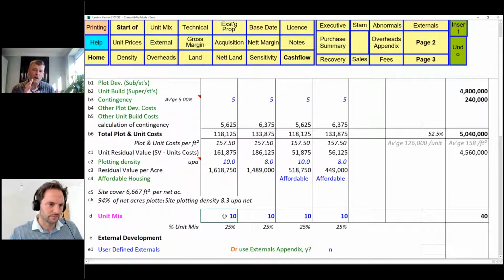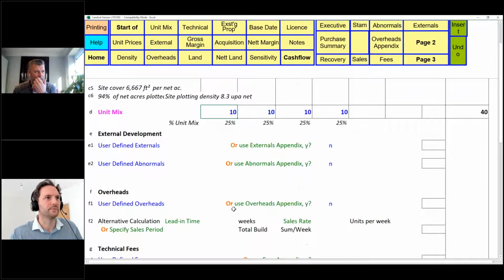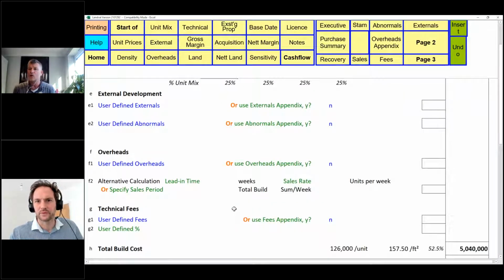Okay, so that's quite a lot of the work that we've done, and we could do that in minutes. We could do that really quickly. I'm just walking through it fairly slowly for you so you can see it. And then we have our other costs or professional fees. So you may have it in the total construction cost, and you can bypass this, and you can quickly get to your gross margin, quickly get to your land offer, and we can move on. But let's just see what we're looking at here.